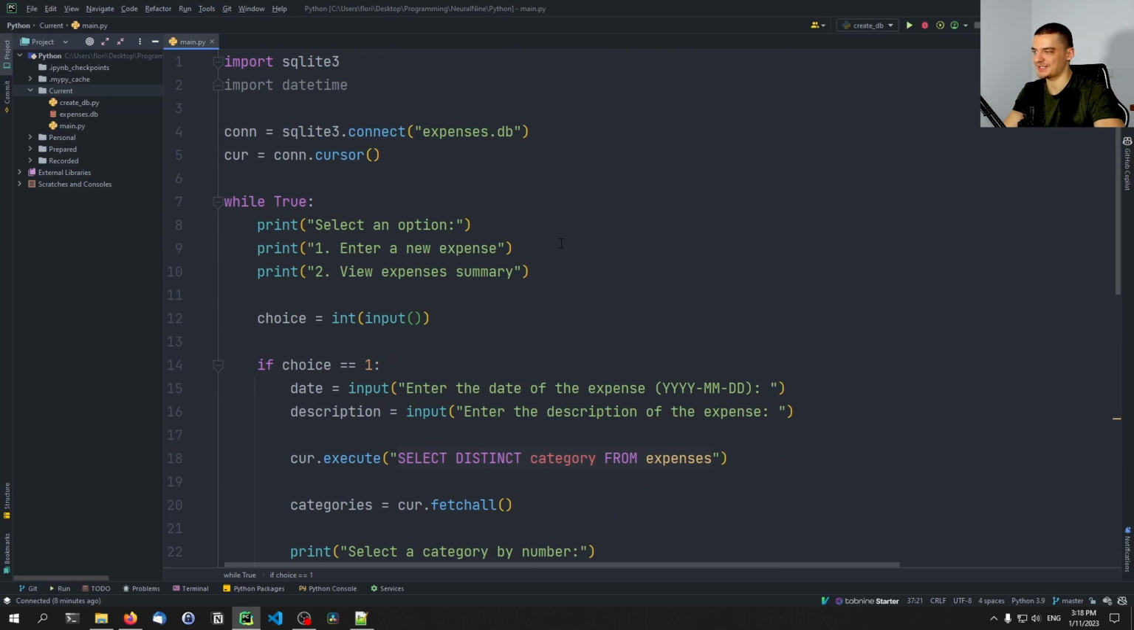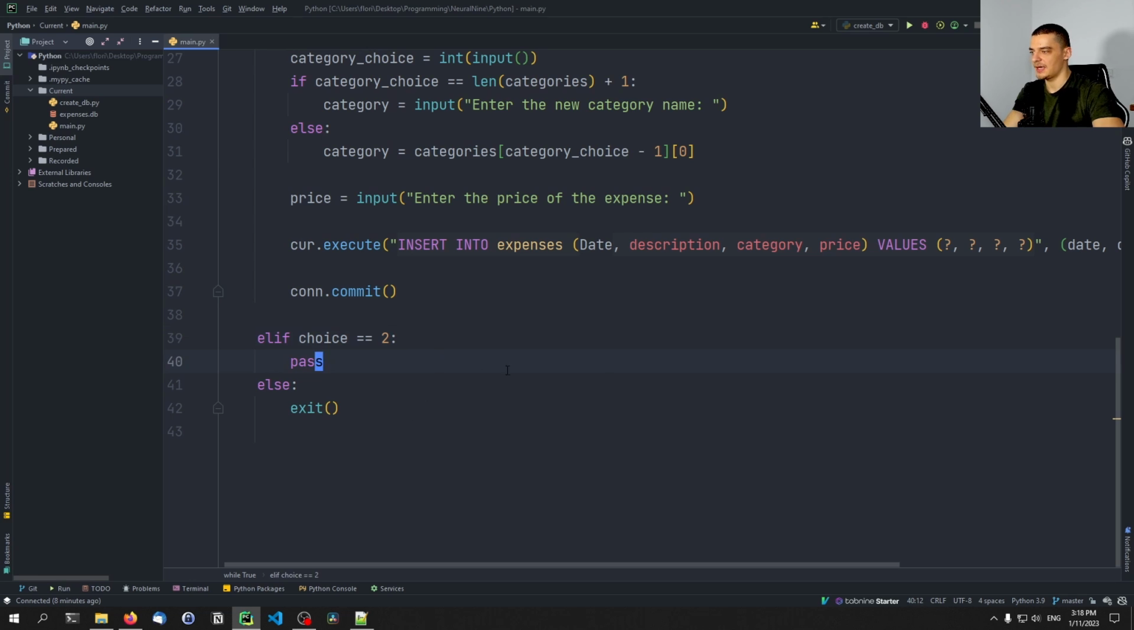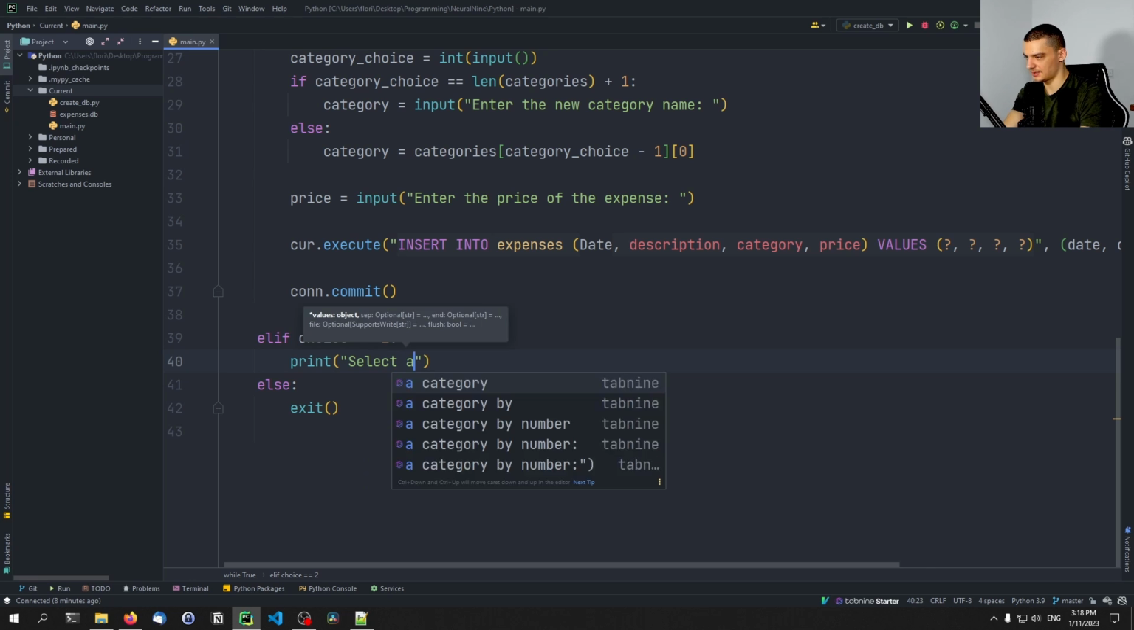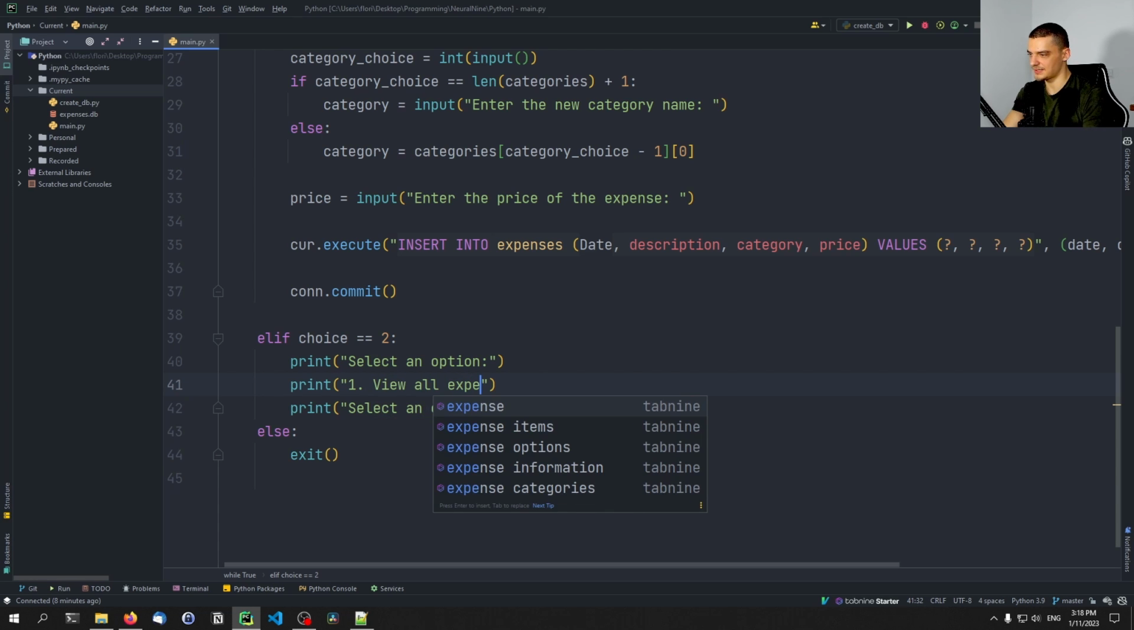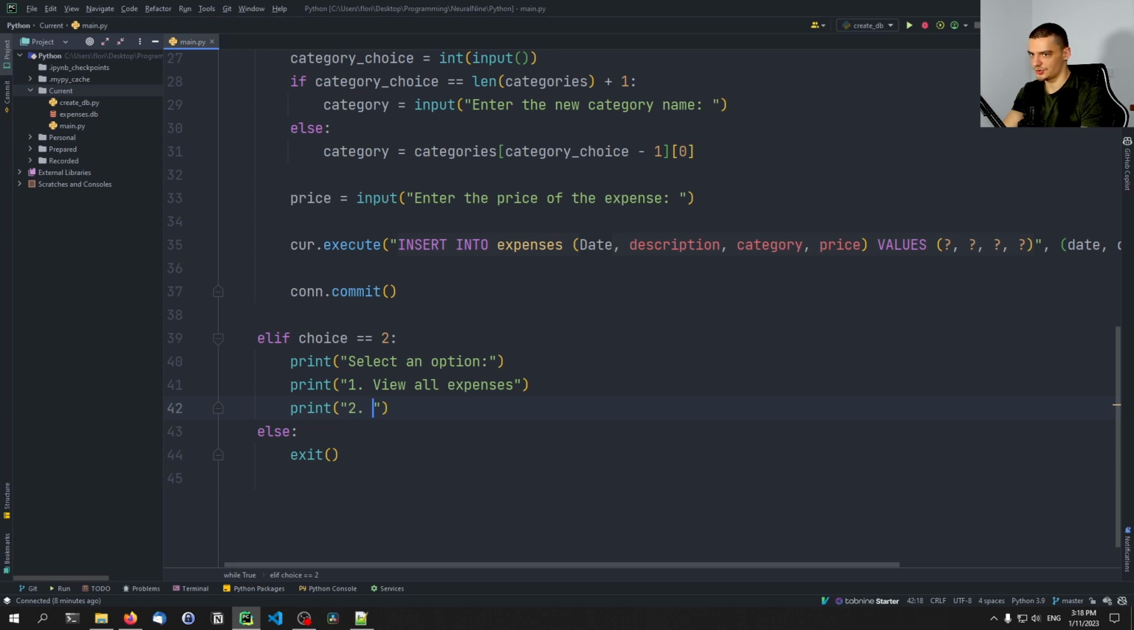For the choice 2, to actually display the summary, to actually display the expenses, we're going to keep it simple. We're going to have 2 options. So select an option. And the 2 options are going to be 1, view all expenses. And then 2, view monthly expenses by category. And of course, you can add more customized options like weekly expenses or yearly expenses or all expenses by category. I'm just going to use those 2. And I think if you follow along with the code, you will be able to change them or add additional